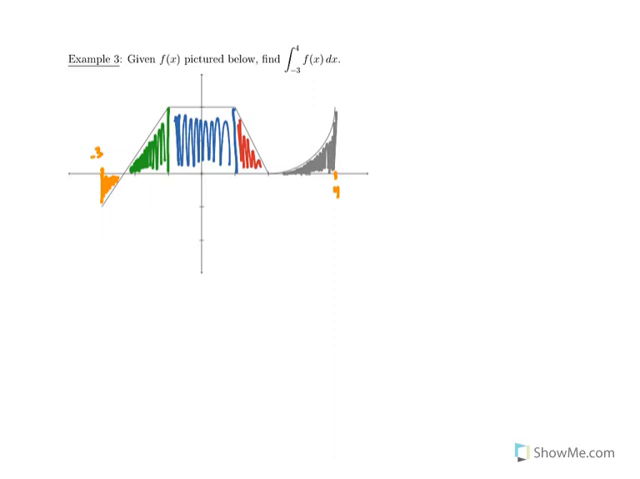The first one is going to be negative. Okay, it's below the x-axis. Negative 1/2 base times height. Negative 1/2 times 1 times 1, which is negative 1/2. The green area here is going to be 1/2 base times height, 1/2 times,